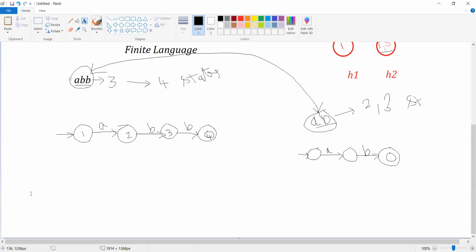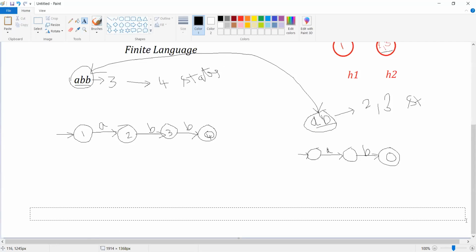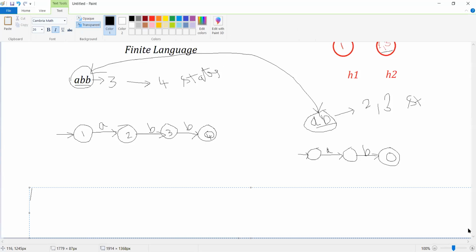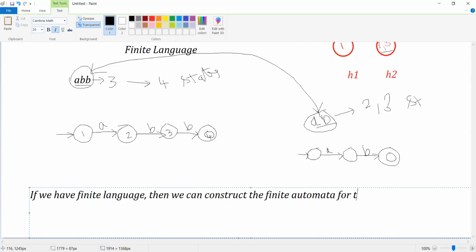Okay, so let me write that point over here. Have a look at this. If we have a finite language, then we can construct a finite automata for the given language.